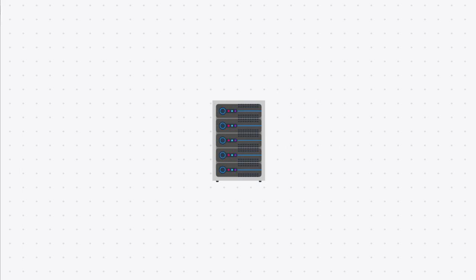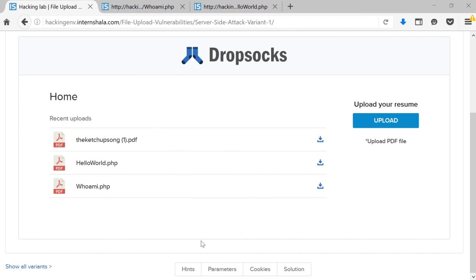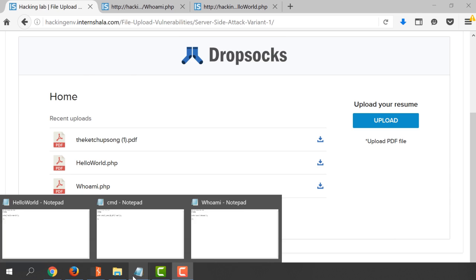Now, just like this, there are numerous commands that we can run on the server. But first, we need to identify if it is a Windows-based or Linux-based server. Since most commands in PHP are specific to only one of these servers, the whoami command got executed because it is used for both Windows and Linux servers. So coming back, we need to identify what server it is. Let's see how we can do it.